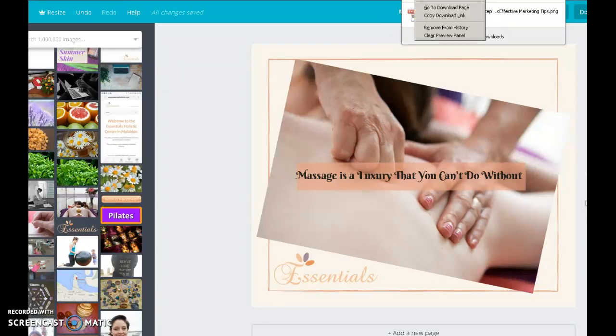And then the option is open containing folder. There's a few options, but click the top one,